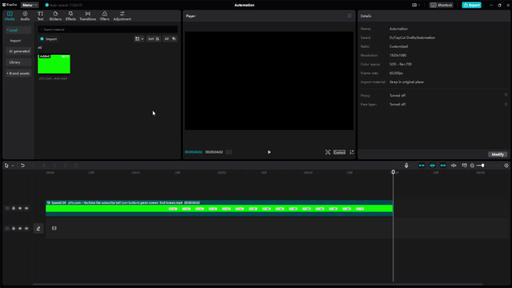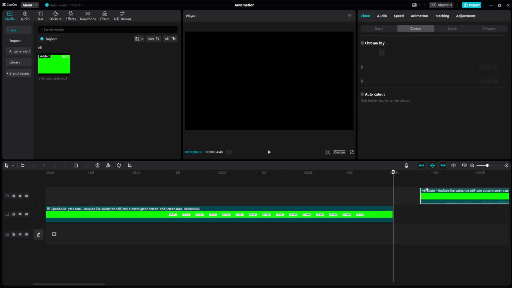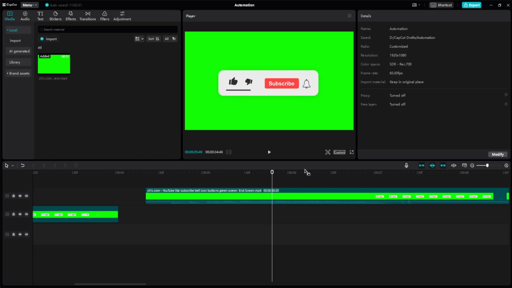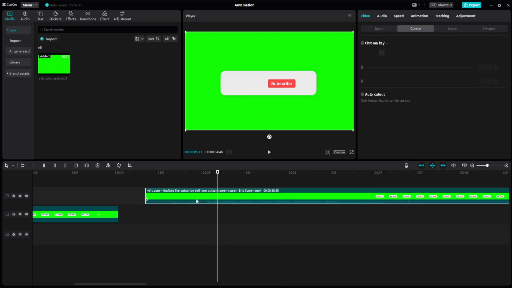How to remove a background in Capcut. So here I have an example video that I want to remove the background of. So as you can see, it's just this subscribe thing. And if we want to remove this green background or green screen background, we will simply first click on the